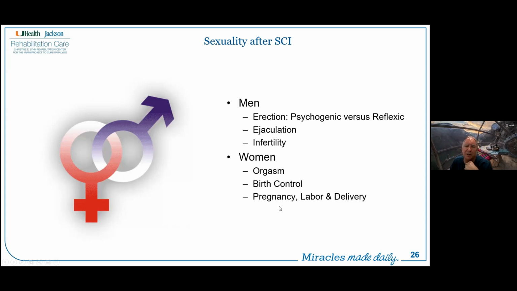The other thing with regard to sexuality, besides just the physiology, is the intimacy associated with communication, self-esteem, and those types of things. Oftentimes after a spinal cord injury, people feel as if they are not as sexual, cannot be as attractive as they were before. And so the psychosocial aspects of sexuality after spinal cord injury are very important to help our folks completely reintegrate back into their lives, back into the community.